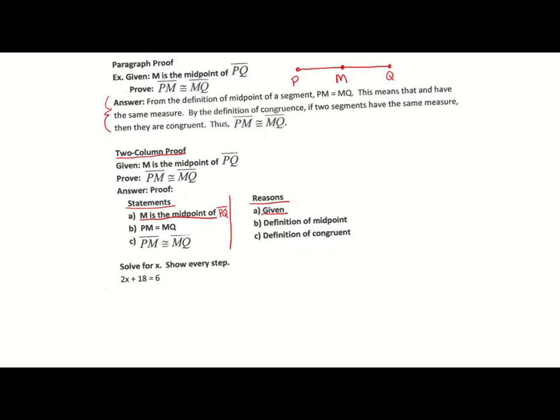Then with that given information, if M is the midpoint, then we know that PM equals MQ. And that is our definition of midpoint. And if we know that PM is equal to MQ, those measures are the same, then we can say that they are congruent because that is our definition of congruence. So that is what we'll be using for our two-column proofs. If we look below at our next example,